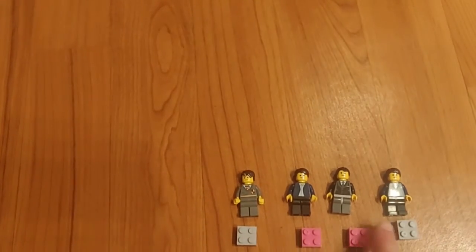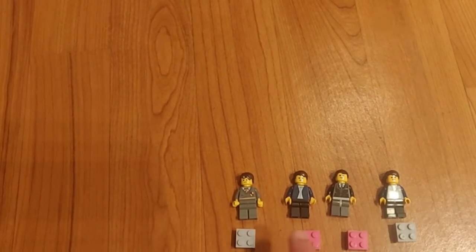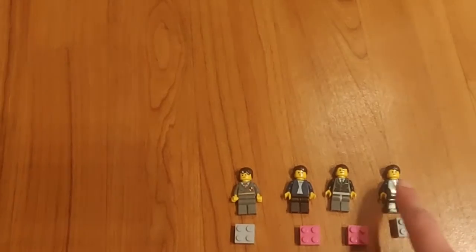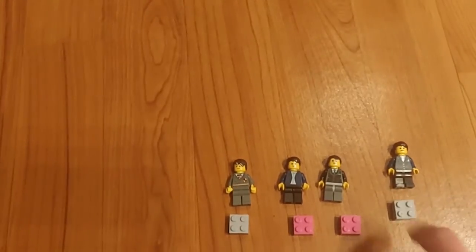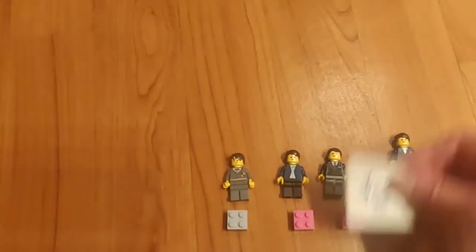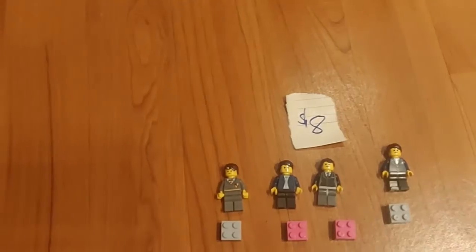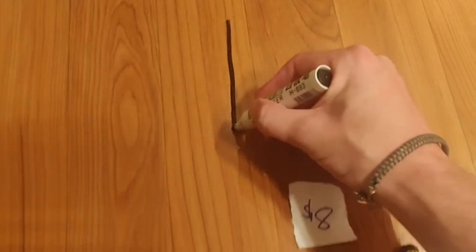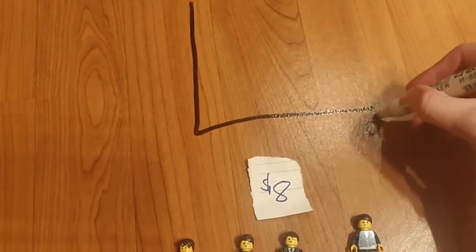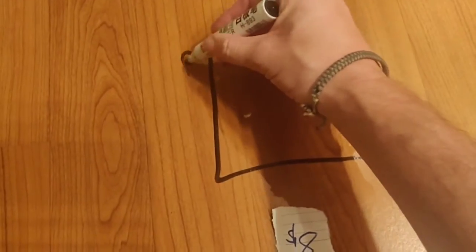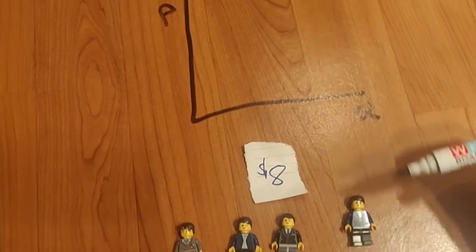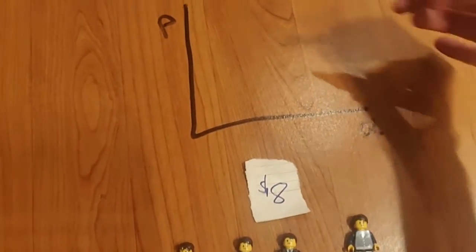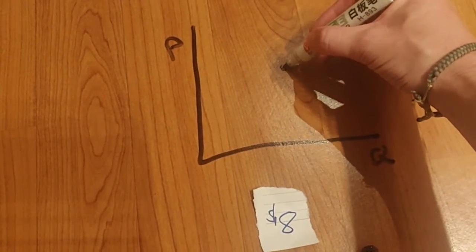So here's the basic idea. I have these four guys. There's four guys selling four things in this oligopoly. They're all basically the same. I'm going to focus on this guy for a little bit. So the market price for all these guys, let's say that's the market price, 8. So at that market price, this guy here has a demand. Let's draw his quantity and his price. So there's his demand. He's selling X number.